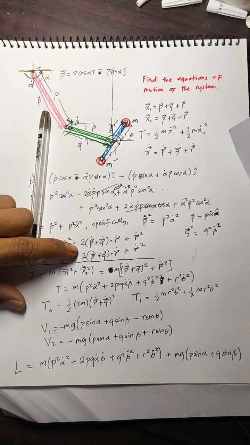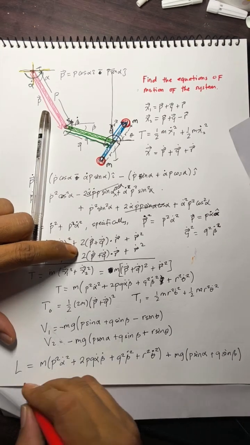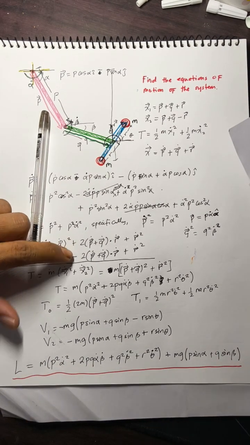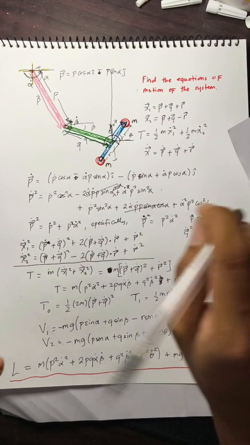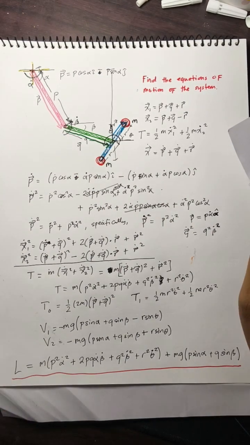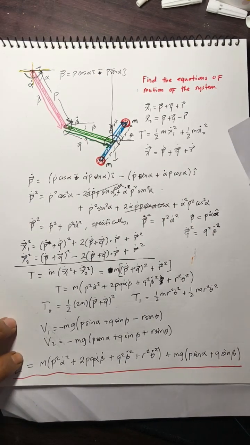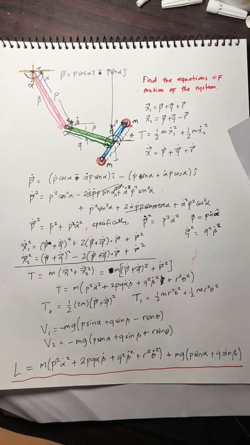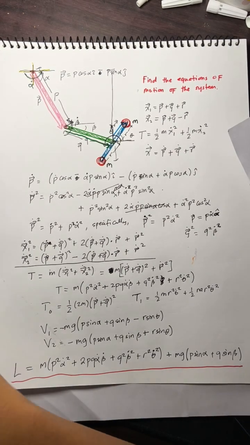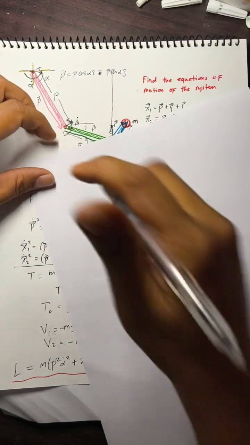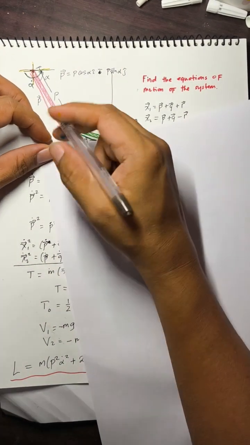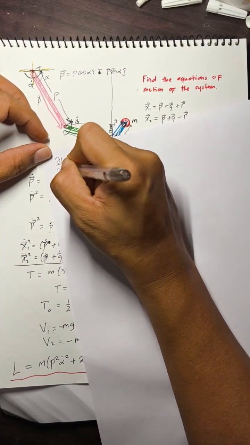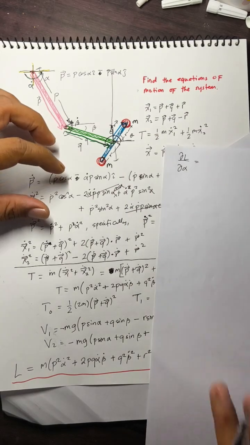Sorry, this is our final Lagrangian. Now it will be easy to calculate the equations of motion. Let's calculate now the equations of motion. Let's calculate partial L over partial alpha. That would give us